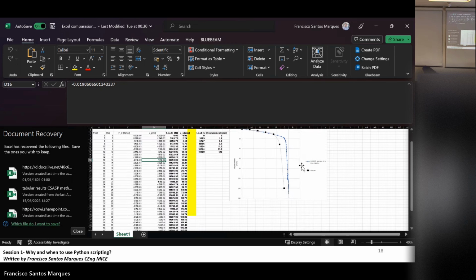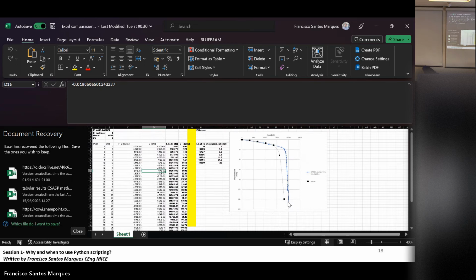So you see that's how you do this manually. If you were to do this manually, this is basically that flow chart I showed. This is basically what you do. You can see that this is the Plaxis numerical curve. This is the pile test, and you can see that they're still not a match. So that means that I need to rerun my analysis. Okay, fine. Go to analysis, change the parameters, do it all over again.